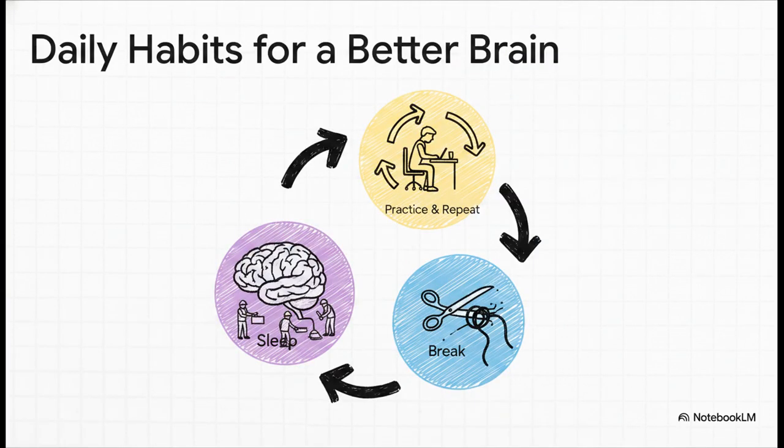So what does the work look like? Think of it like a daily workout routine for the brain. First, short, consistent, focused practice. That's what forges those lasting structural changes. Second, designing tasks that create that sweet spot of productive struggle. Third, helping students repeat healthy behaviors and mindsets while also helping them spot and break the negative ones. And finally, and this is a big one, prioritizing quality sleep. Sleep is not downtime for the brain. It's the critical time when the brain gets to work consolidating the day's learning and cementing all those new connections